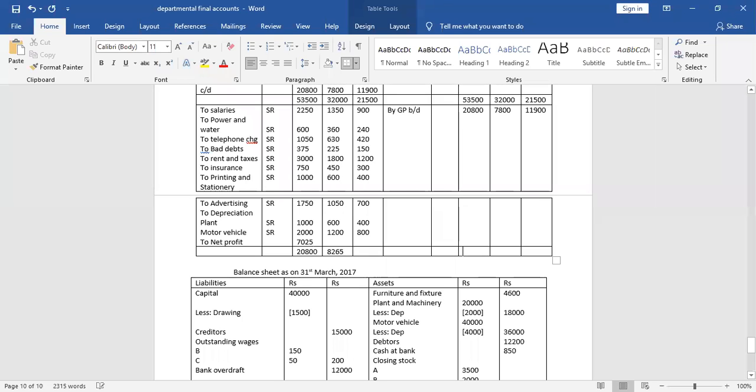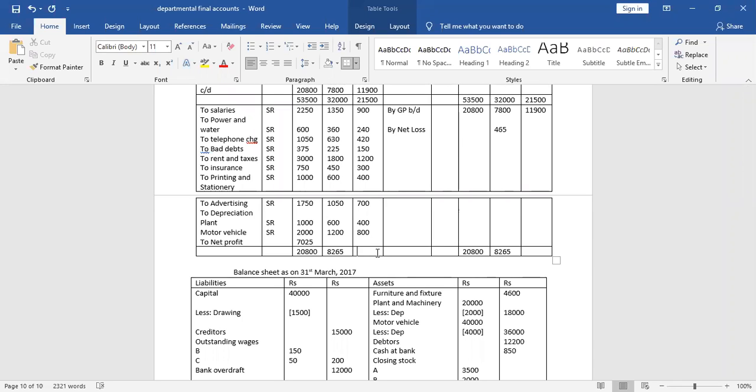Means here, in the second department debit is heavy, expenses are more, so here it will be by net loss. How much is the net loss? Net loss 8265 minus 7800. What is the amount of net loss? Net loss is 465. Now last department, take the total of the debit side, 900 plus 240 plus 420 plus